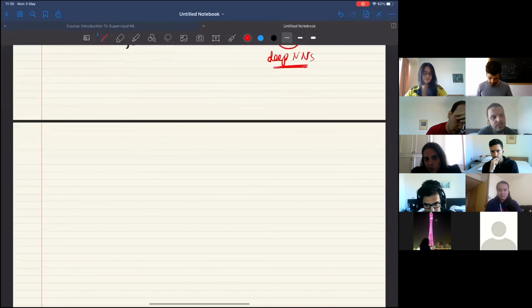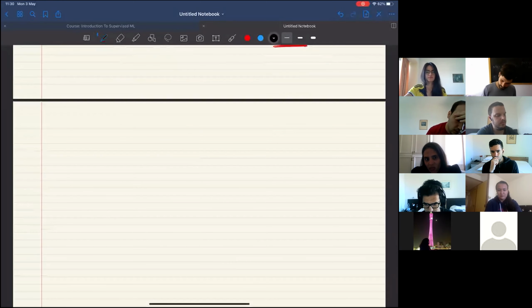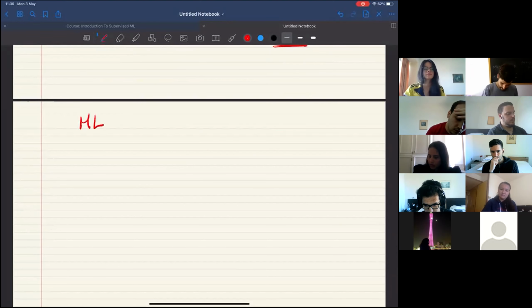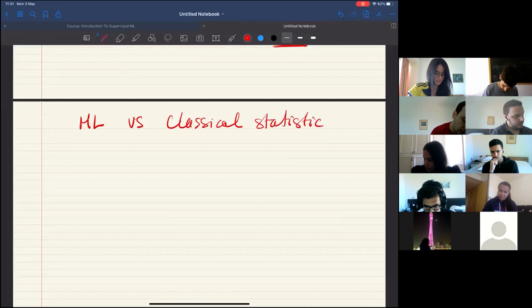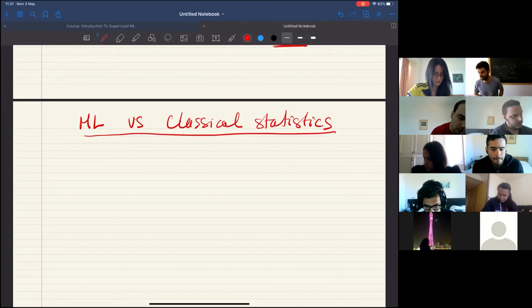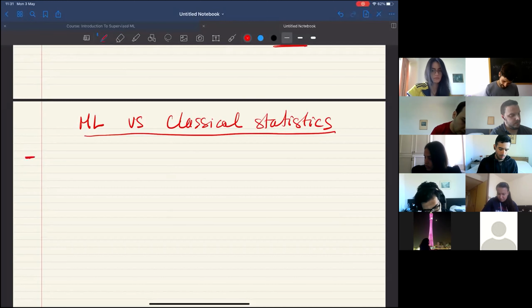All right, so let me clarify a further point, which is the difference between machine learning versus classical statistics. Okay, so what is the difference between statistics and machine learning? The difference is the following. In statistics,